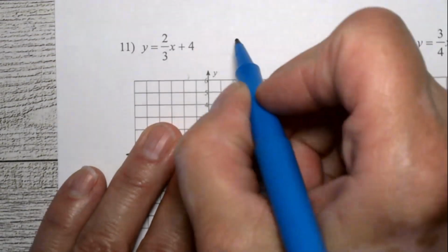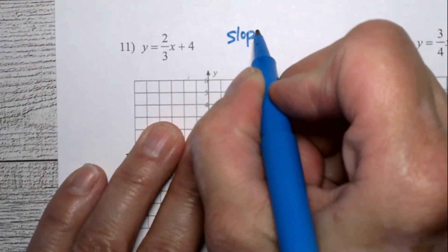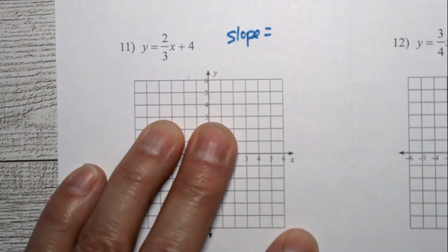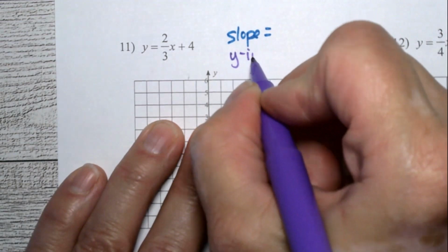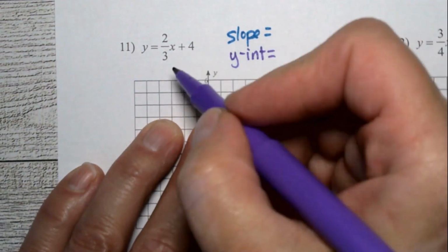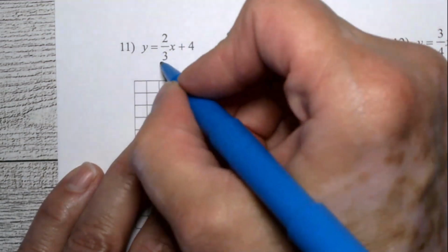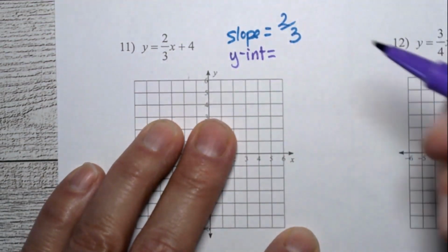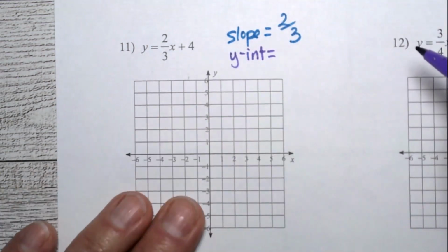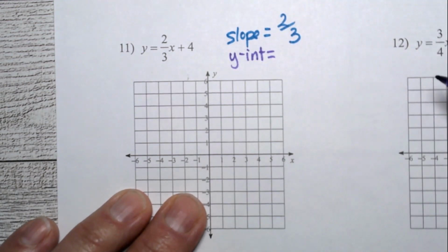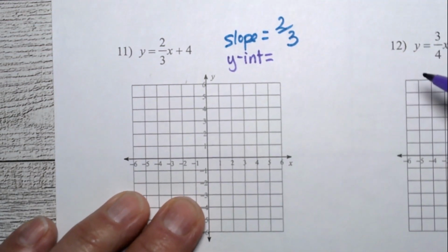When you get the quiz today, the first two questions will not have graphs. The first two questions, all I want you to do is tell me the slope and the y-intercept. The slope of this line is going to be 2/3 because that's the thing next to the x. And the y-intercept